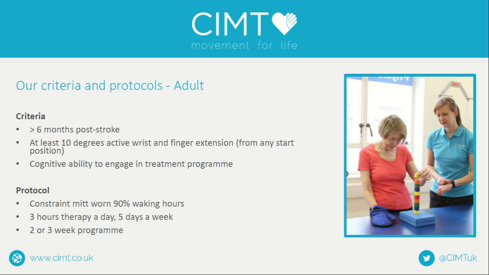So because of this unevenness in the treatment protocols, they developed the criteria and the protocol for the adult patient. The criteria are very important when you want to apply this to any stroke patient with an affected hemiplegic side. The patient should be more than 6 months post-stroke. At least 10 degrees of active wrist and finger extension from any start position of the hand should be available. This is the minimum criterion to apply this technique. When the limb is totally flaccid, or there is a lack of movement, or the tone is so low that the patient does not have any active movement in the wrist or fingers, then it does not show its benefit.